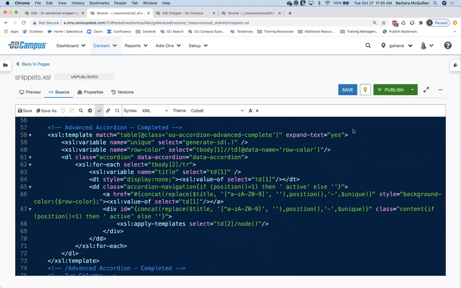Additional question. Yes, there's a function that I think generates ID. Yep, I scrolled up and then I realized what I was doing. There it is. So I basically have inside my accordion this XSL variable. Thank you very much for providing that. There's my XSL variable. I'm giving it this name of unique, and we're using this function here for generate ID. So it is able to create its own ID there. Perfect. Thank you very much.